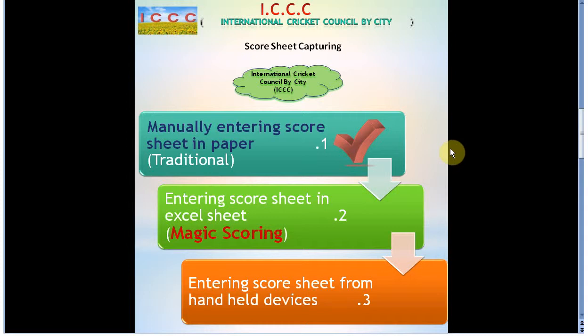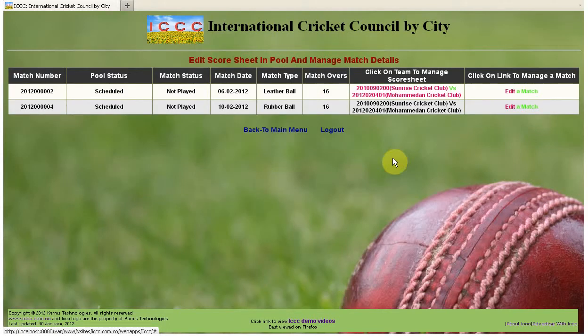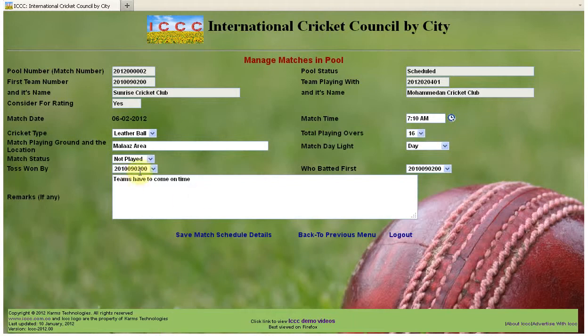We will continue our previous leftover score sheet entry, adopting the traditional approach, that is entering into the ICCC system via printed score sheets. In the edit score sheet in pool and manage match details, after entering the toss details in the edit option on this page, like toss won by who, batted first,